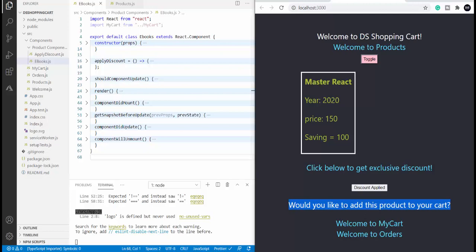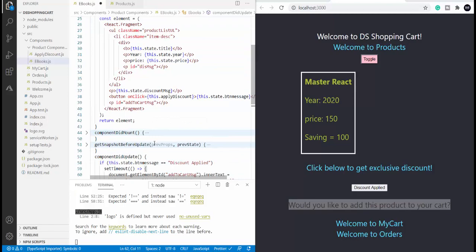So after "Would you like to add this product to your cart", I would add yes and no buttons. On click of the yes and no buttons, I would get appropriate alert messages. Plus, one of the buttons would use my arrow function, and the second one would use my regular function. These both will be the event handlers of the button click event. So let's explore more on this concept.